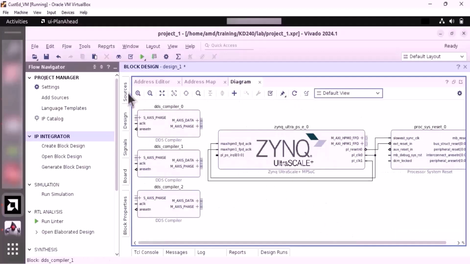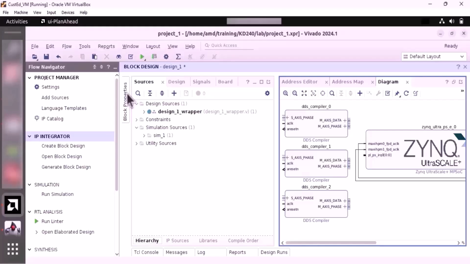Now we'll add a simple state machine. This state machine will stream the phase increment values to the input of a DDS compiler block. The main functionality of this FSM is to handle the timing of when to increment the phase increment value and the AXI stream interface signal handshaking. Since this is custom HDL you will add to the block design, the source file first needs to be created or added to the Vivado project and then added as a module to the block design.